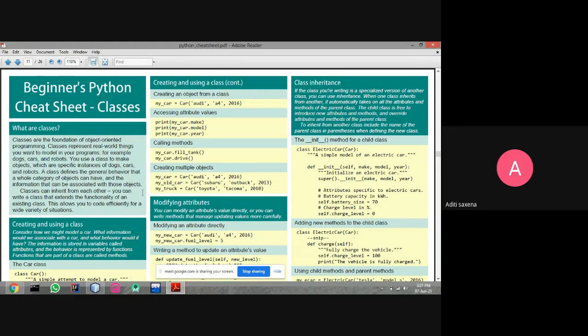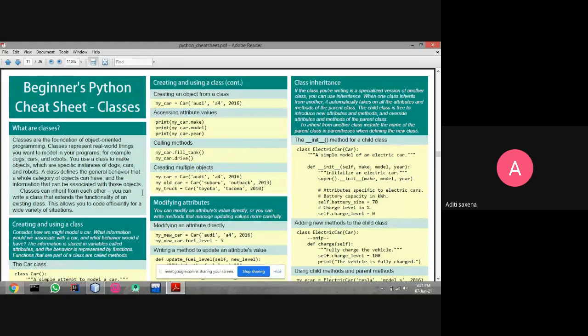So this is the class. A class is something predefined with particular attributes and methods that are applied to other objects. What are objects? If I create an object of the animal class, it could be a dog or a cat.